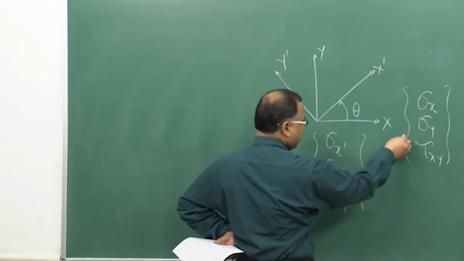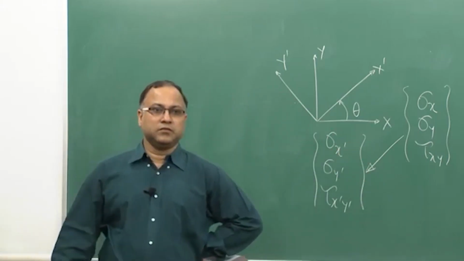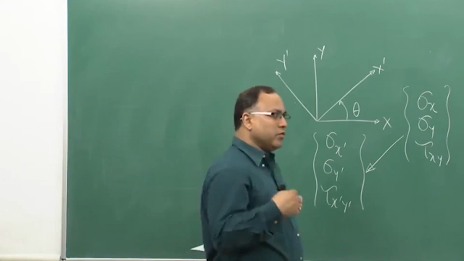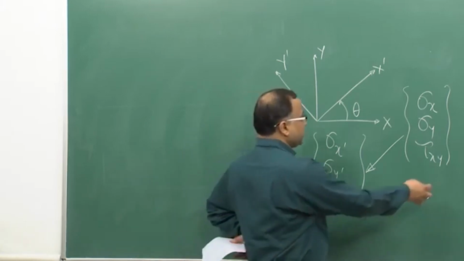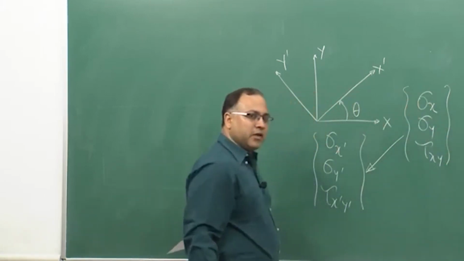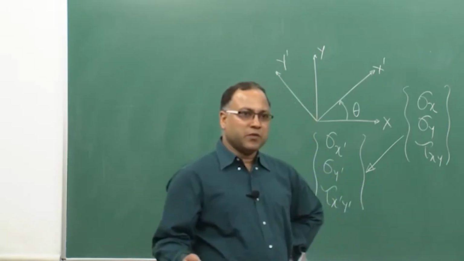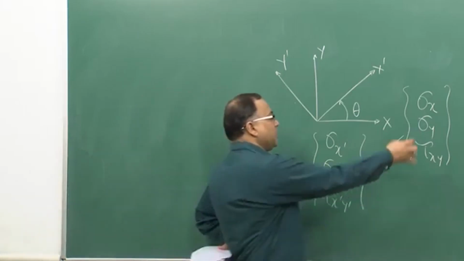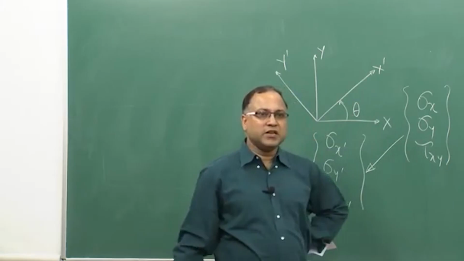If I know this, can I get this? This is my question. We will try to prove that yes, if I know the state of stress in the xy coordinate system, I will get it in any arbitrarily oriented coordinate system x prime y prime, defined in terms of sigma x, sigma y, tau xy and the orientation